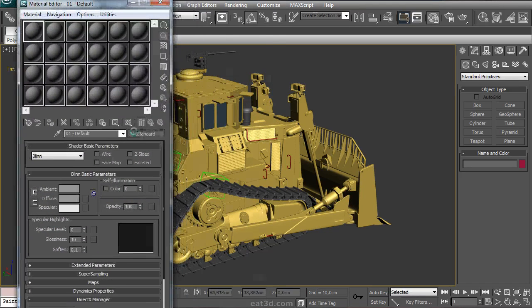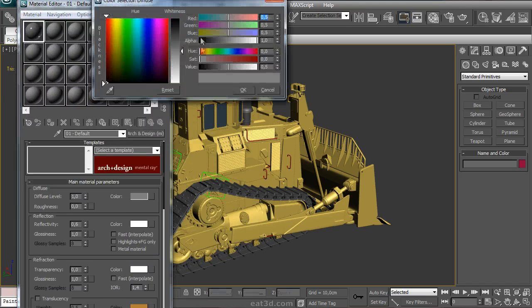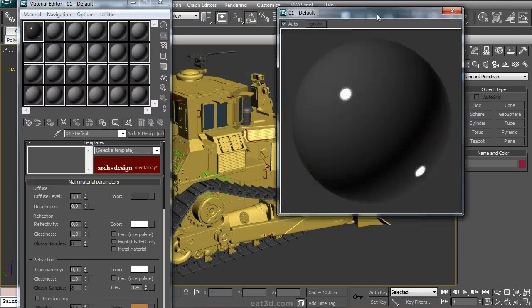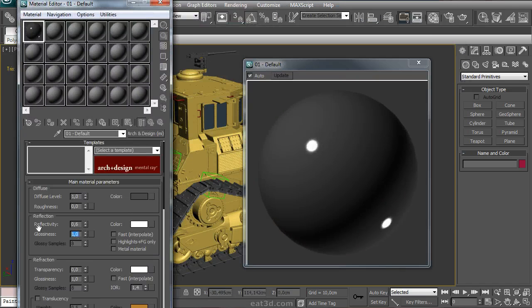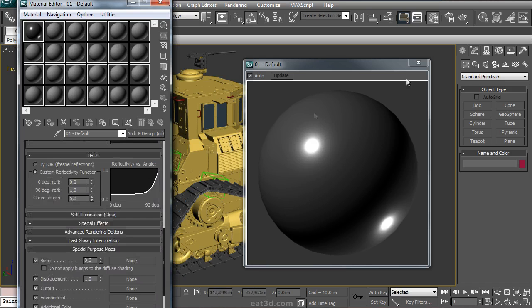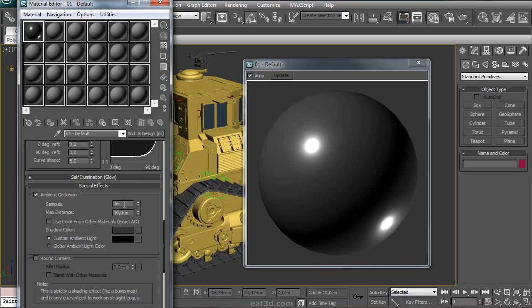Then I go to materials, I click this standard button, and I change to an Argent Design material, which I think is more interesting. Change the diffuse color, and once that's done, I open up this preview. I change the glossiness slightly so I get a nicer gloss on the surface. I also want to reduce the reflectivity because I think it's a little bit too strong. And then I open up the special effects, turn on ambient occlusion. Number of samples is okay, but I think the max distance is a little bit too big, so I changed